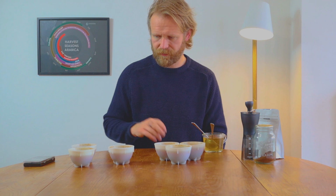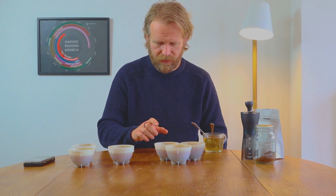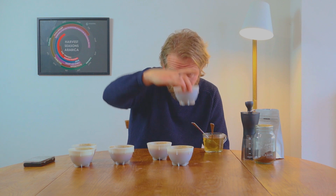Drum roll. This is always worrying, setting yourself up. So let's have a look. Right, that one has got a bit of tape on it, so that is freshly ground. I was right on that, but is there a freshly ground? No. Yeah. So this one is the freshly ground and these two are the pre-ground. So that's one down. Second, I'm going to go for this one as the pre-ground. It's definitely pre-ground because it's got no label on it. So these two must be the other two. Yeah, it's got the masking tape on the bottom. Not very scientific, I know, but